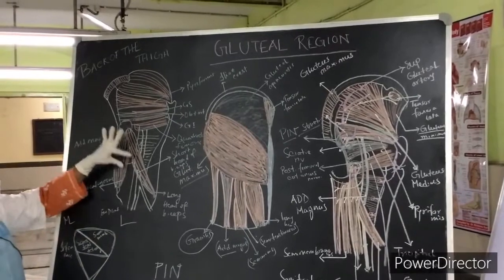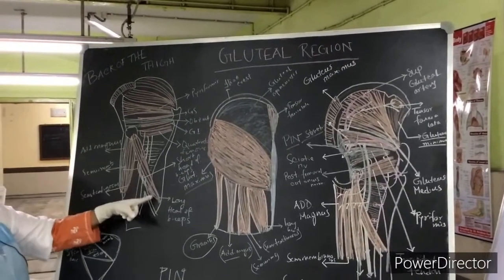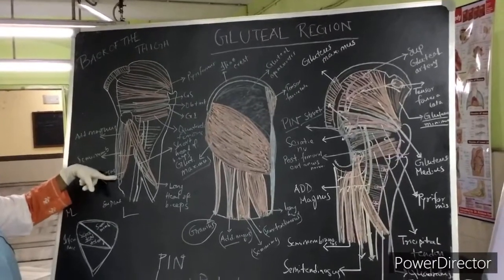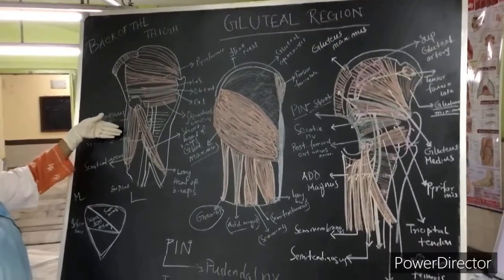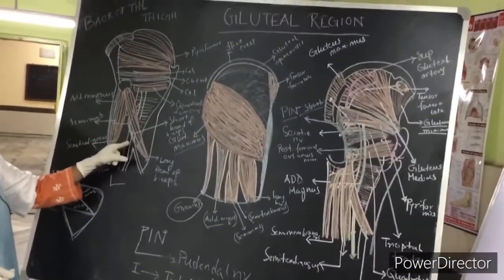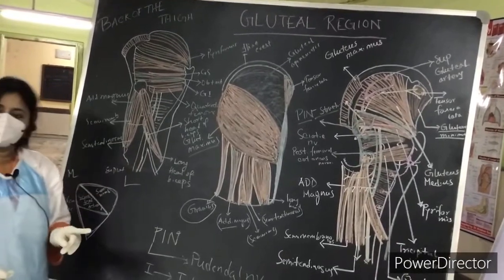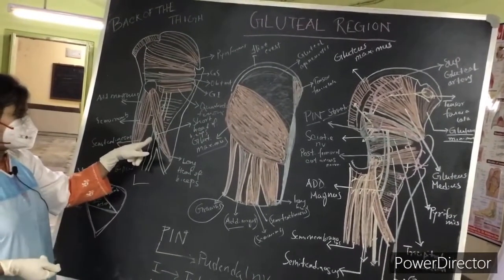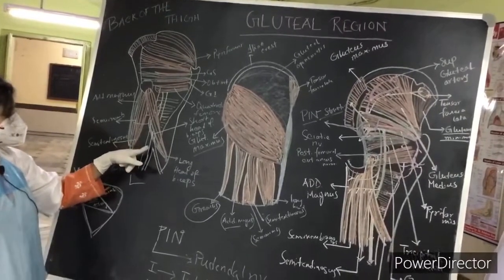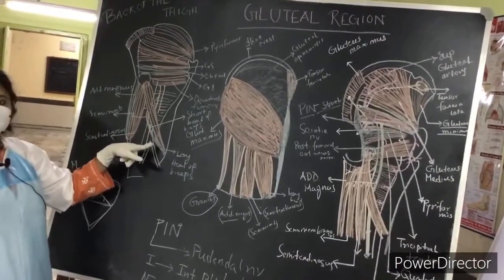It contains the hamstring muscles. Those are the long head of the biceps, semitendinosus, semimembranosus, and the ischial part of the adductor magnus. So these are the contents, and there is also another muscle just deeper to the long head of the biceps, that is the short head of the biceps, which takes origin from the femur itself, from the lateral aspect of the linea aspera. The short head of biceps takes origin there.